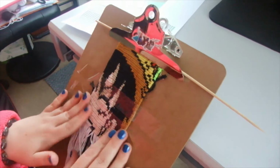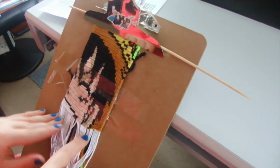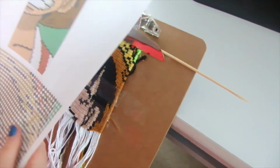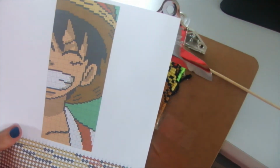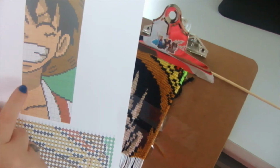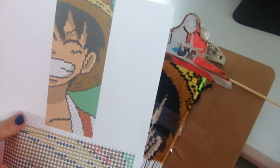Hello again. I am now at this point in time where I got to his teeth. Look at this beautiful smile. These are his teeth. And I am here, so I'm halfway through. After that I'll have to do the neck, the shoulders, the shirt,